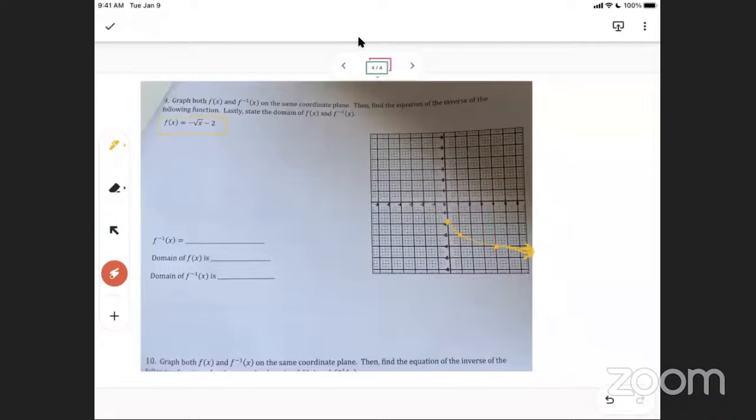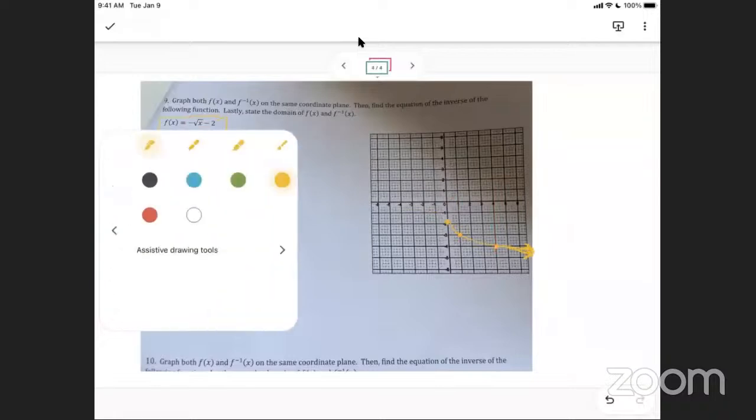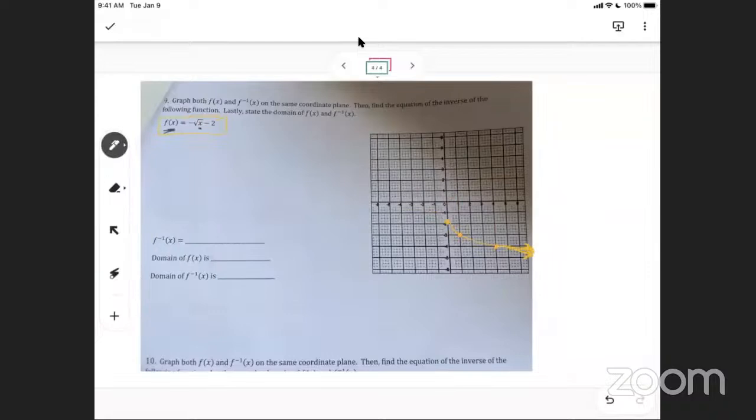Now, the inverse equation, the way you find the inverse is you interchange these two variables. So you call that x and you call this y, and then you solve for your y. Okay. So to solve for y, I'm going to add 2 to both sides. Now I'm going to get rid of the negative by multiplying both sides by negative. So -x minus 2 equals the square root of y. And now I square both sides to get rid of the square root. So y equals